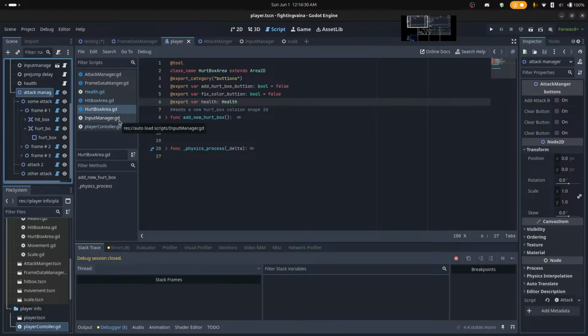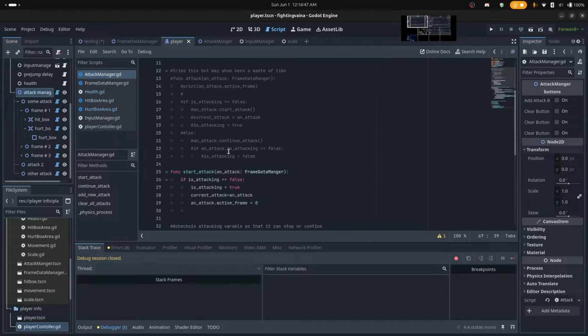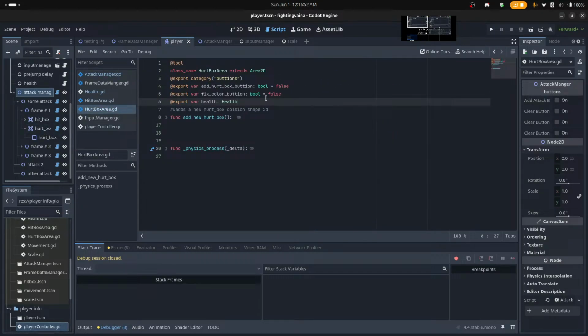This is always a singular node, so we want the attack manager to reference the hurt boxes via children gets probably, and then either connect a signal or check a method or something. So there's going to be a ton of hurt boxes, way too many. What I could do is